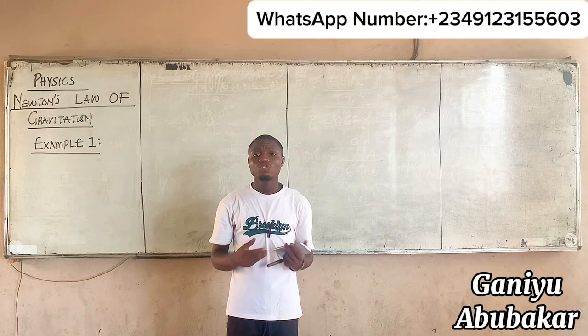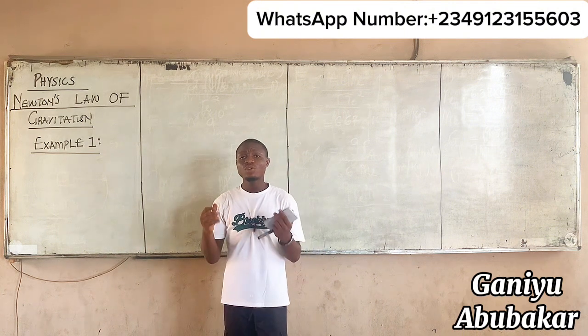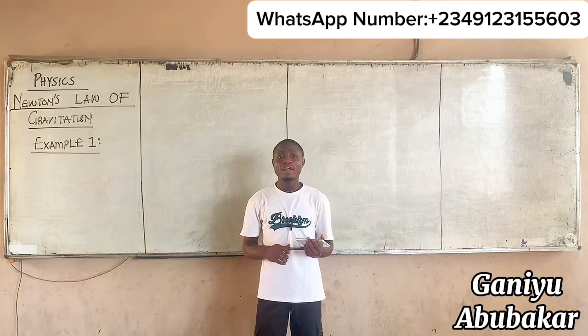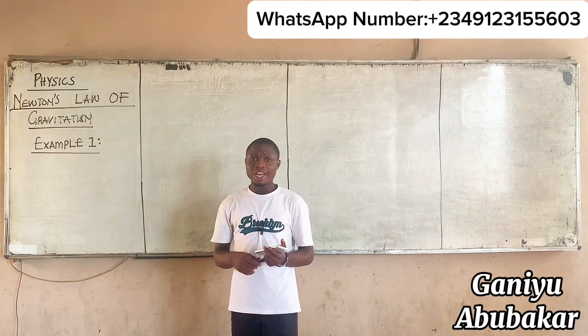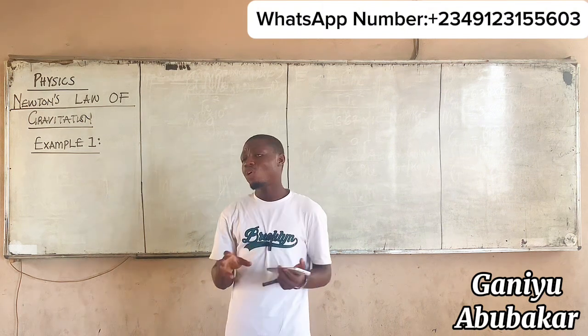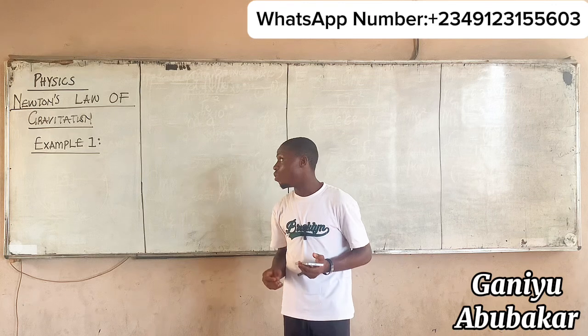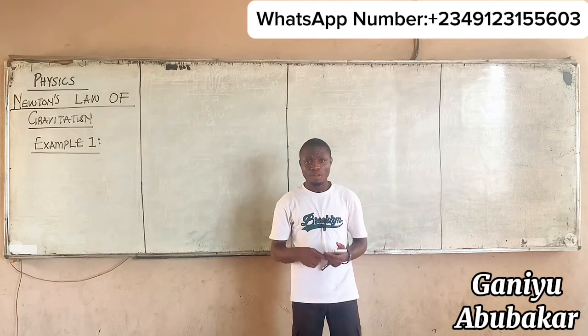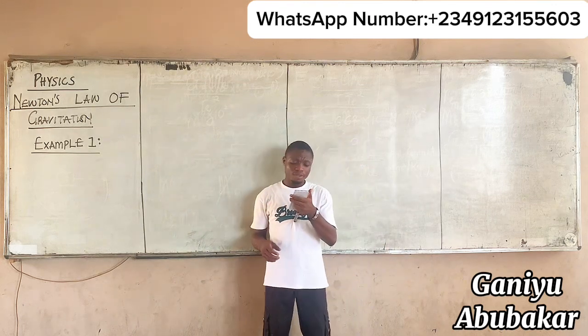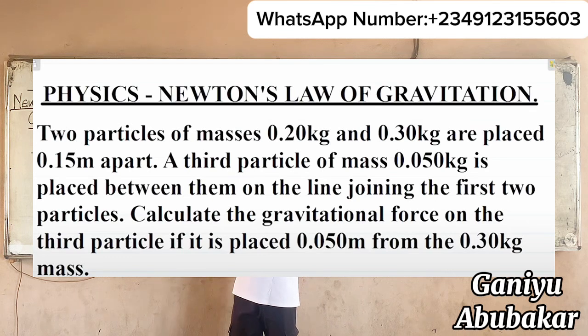Welcome to today's class. Let's look at several examples of the last 10 years' questions under Newton's law of gravitation. Example 1 says two particles of masses 0.20 kilogram and 0.30 kilogram are placed